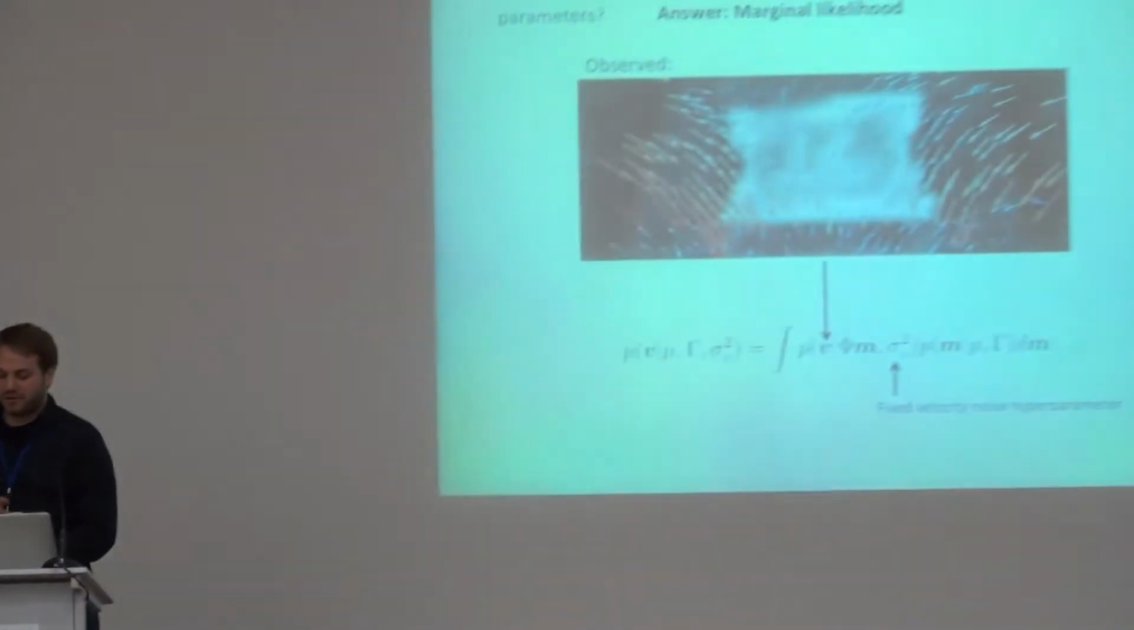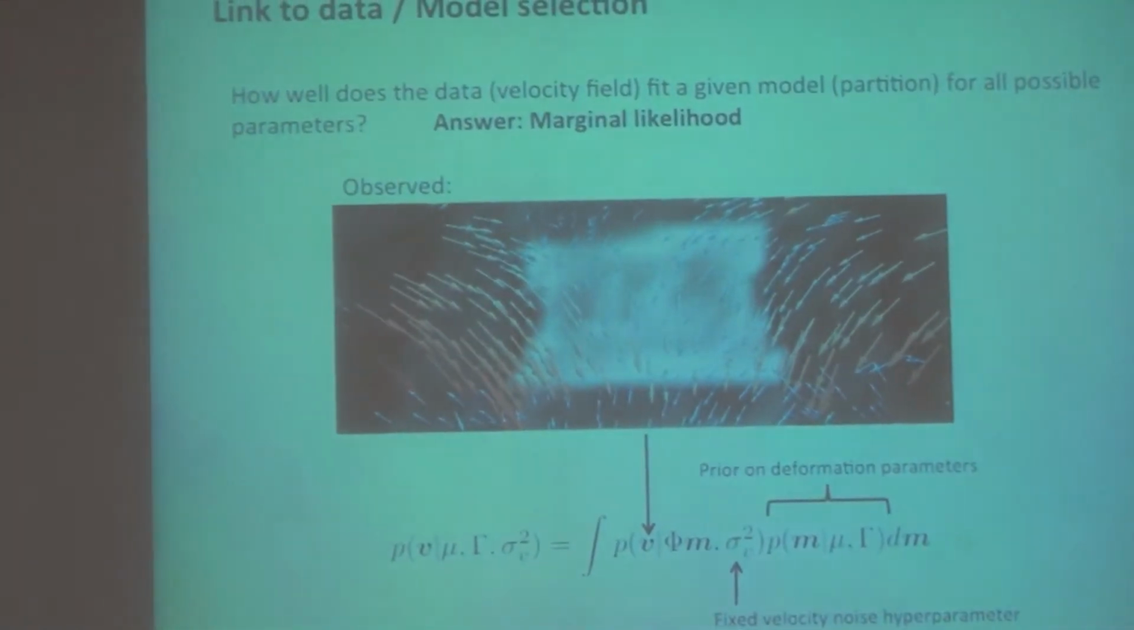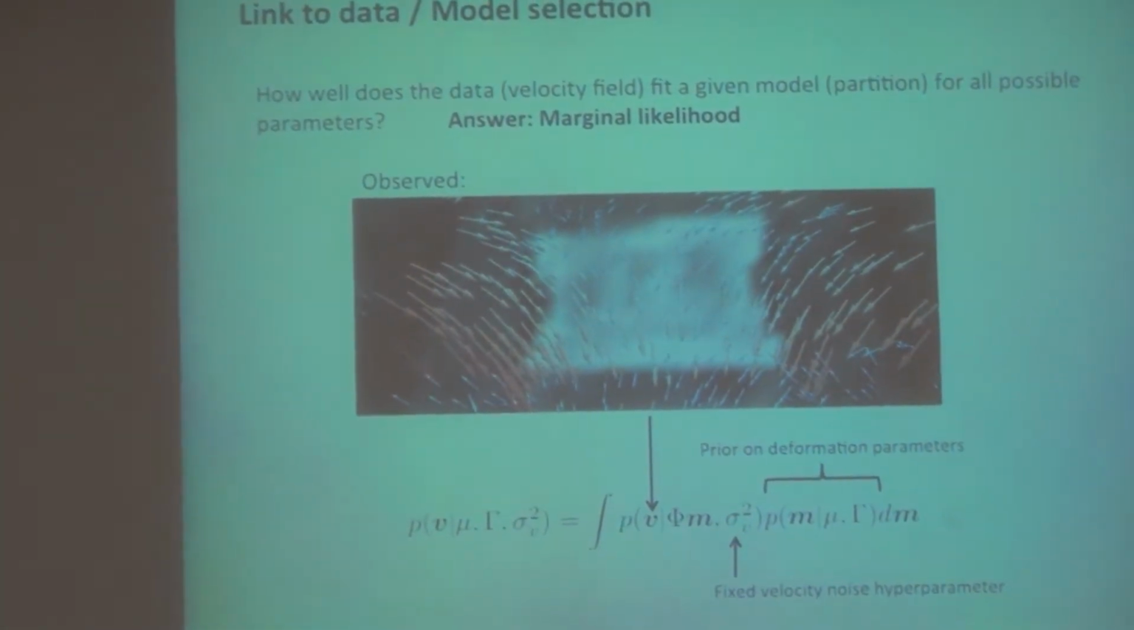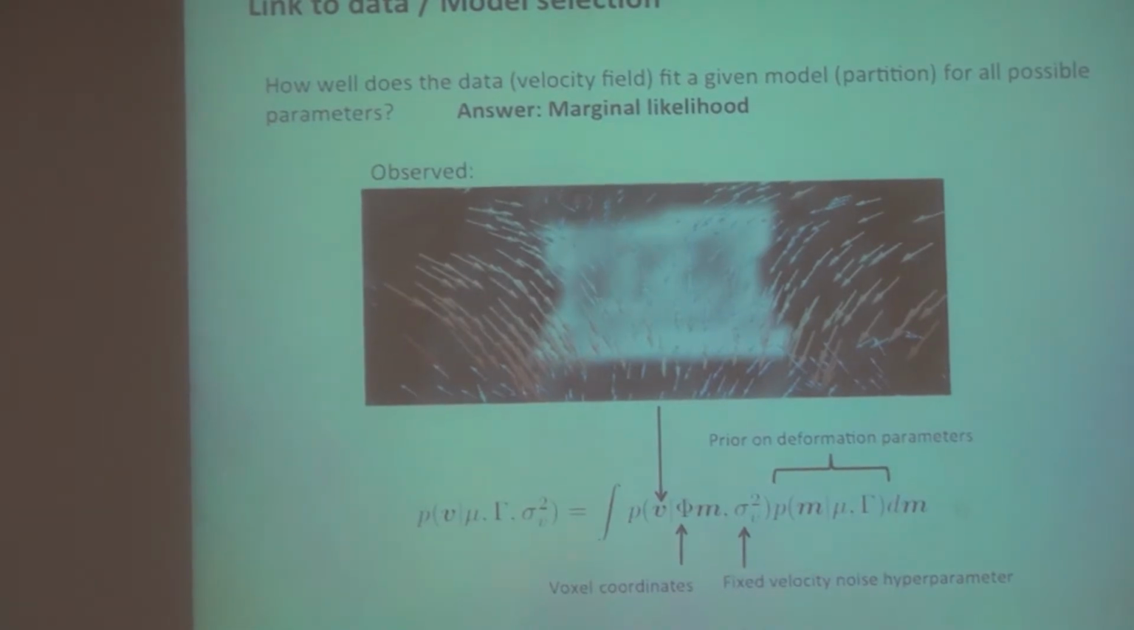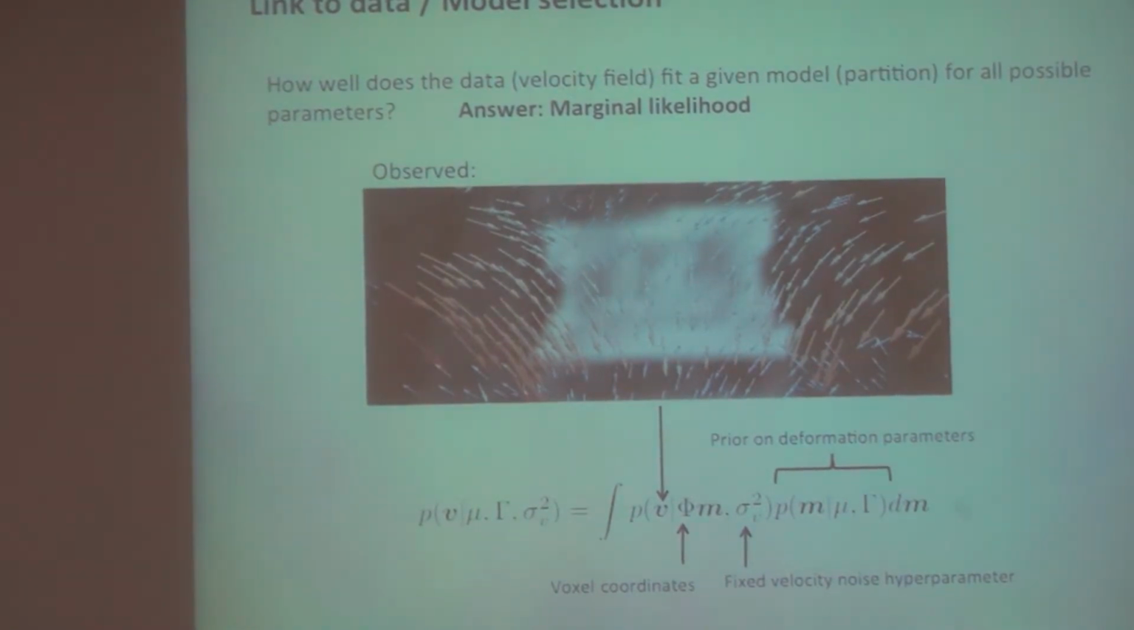And the link to the data is through model selection, in the sense that we're computing the marginal likelihood. So we're computing, given a velocity field, how good is the model, the configuration of the partitions, how well does it fit the data over the range of all possible parameters. So here we fix a parameter of the noise, which regulates how many partitions we're looking for. We have the prior of the deformation parameters that we saw before, and